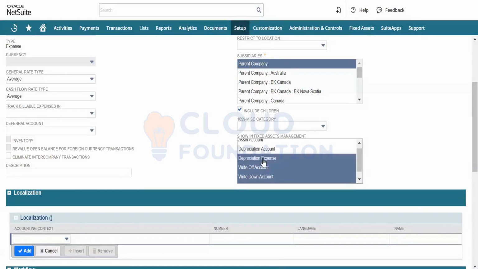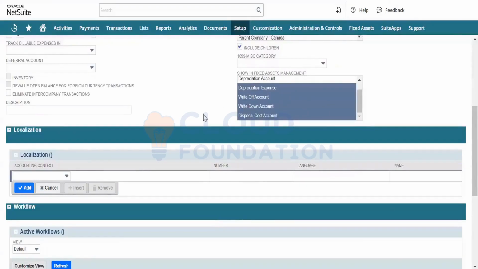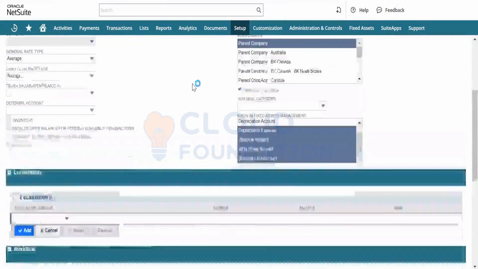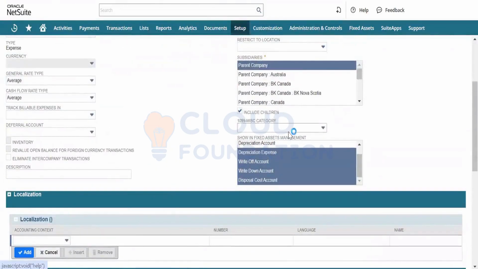Or we can also map it with the write-off account, write-down account, or we can create a separate account for write-off and write-down. Let's say we are writing off any asset. So there will be an expense account for that write-off. But in the already done setup here, we are using this depreciation account only for the write-off. So once we create all the GLs and do the mapping in the fixed asset management box,